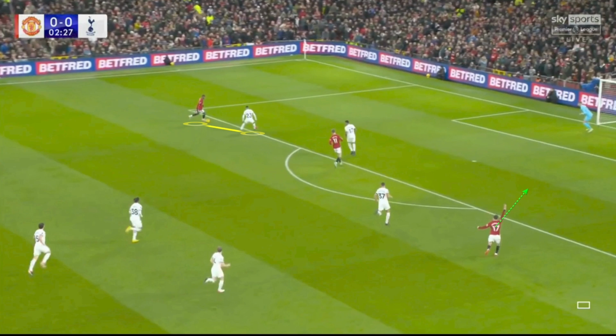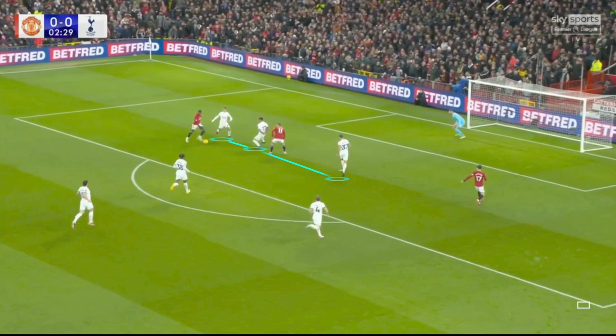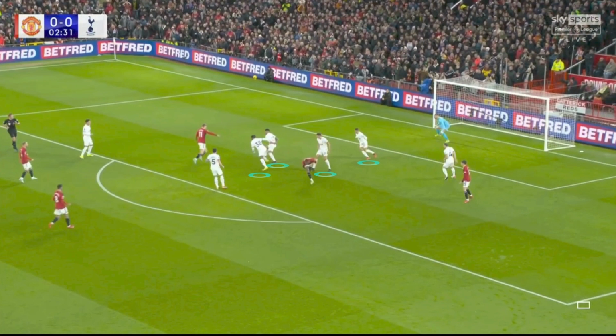He seems to have very little disguise in these sorts of situations, with it being blatantly obvious what he wants to do. And credit to Romero, he reads Rashford like a book, getting out quickly to support Porro as Rashford comes inside, and forcing him to take another touch, which then leads to him getting crowded out not just by the Tottenham defenders but also by Hojlund as well. And really Rashford just wastes this opportunity, but is fortunate that a doggy's tackle leads to the ball falling into the path of Hojlund,